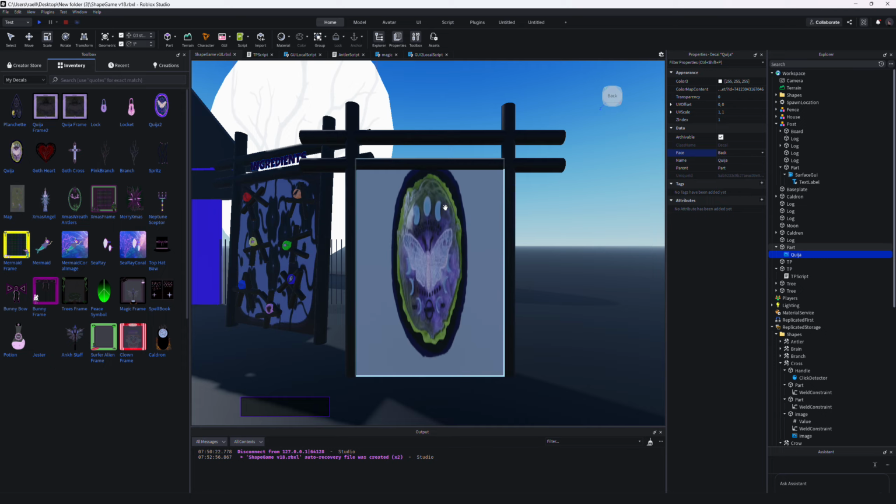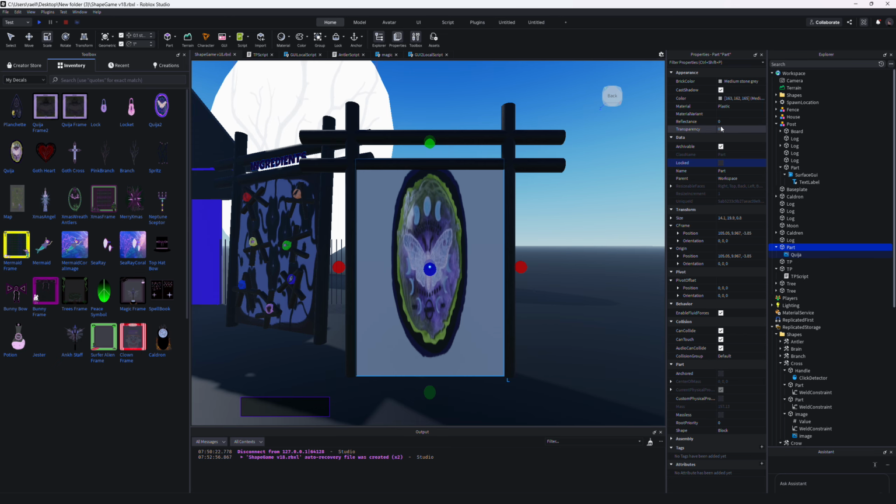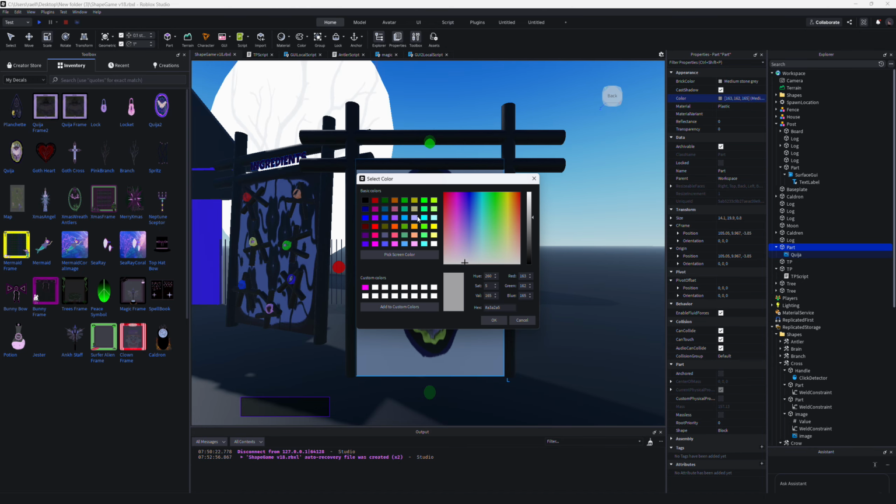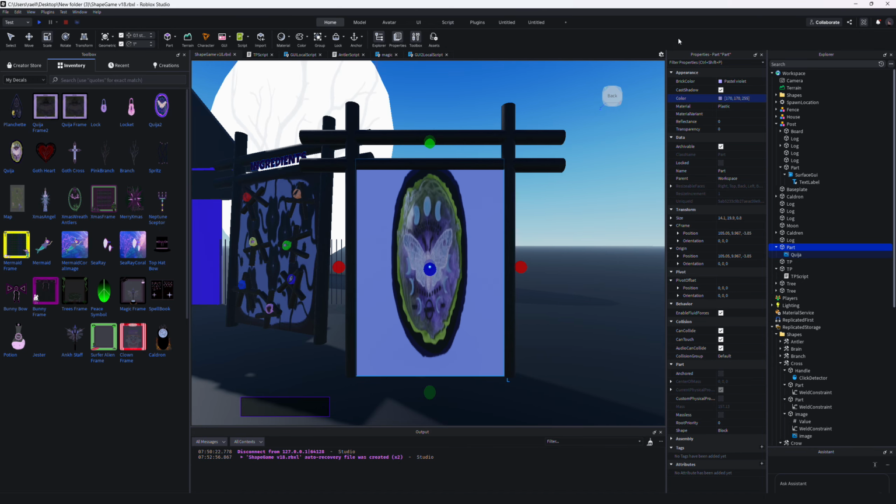And this decal doesn't actually cover the entire board. So, you know, it's personal preference on really what you put on your backdrop. You don't even have to have a decal. You could just change the color of the part, you know, and just have all your items sitting up on a blank board. This isn't very centered, so